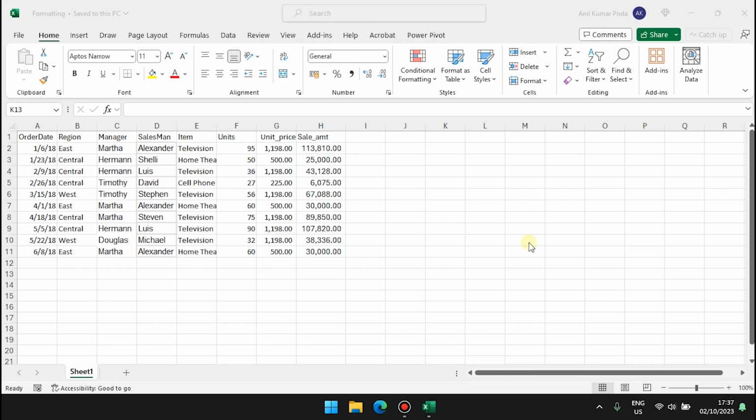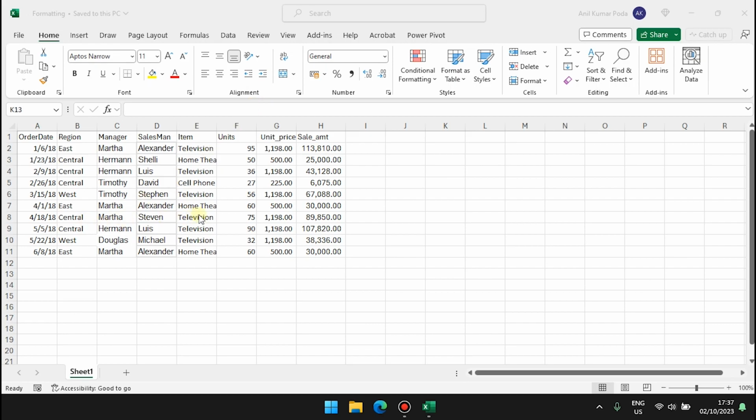In this Excel tutorial for beginners, I'm going to show you how to format data in Microsoft Excel. Most of the time when you want to format data in Excel, all the formatting options or the menus that you require are present under the Home tab. And 90% of the time, we rely on these two menu groups for formatting our data, which are the font menu group as well as the alignment menu group. So let's begin formatting the data in Microsoft Excel.